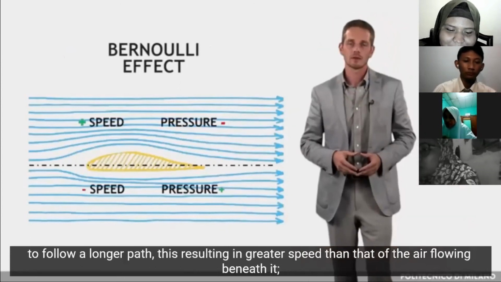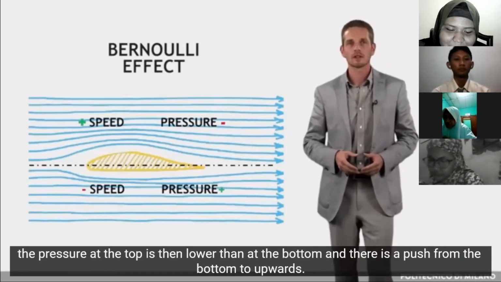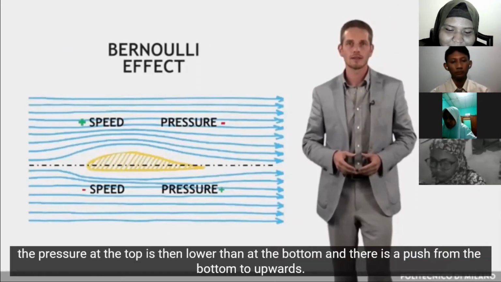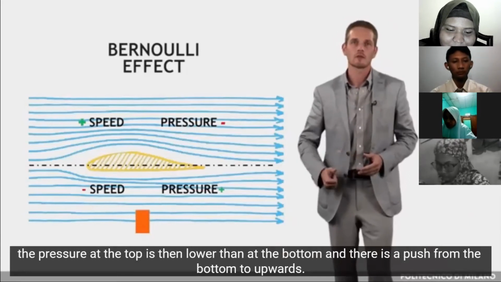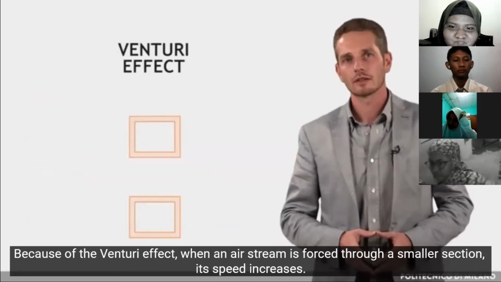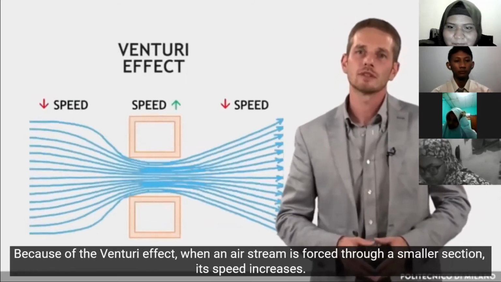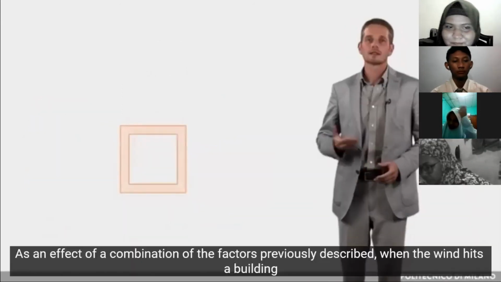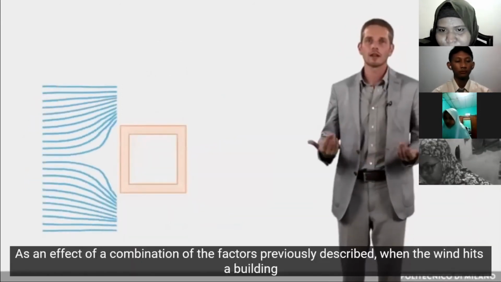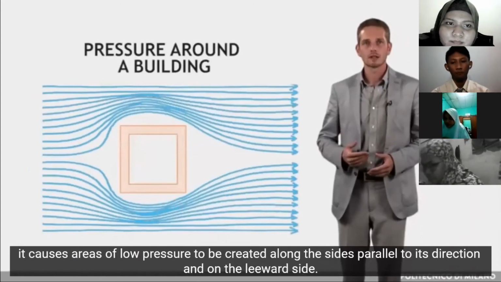This results in greater speed than that of the air flowing beneath it. The pressure at the top is then lower than at the bottom, and there is a push from the bottom upwards. Because of the Venturi effect, when an airstream is forced through a smaller section, its speed increases. As an effect of a combination of the factors previously described, when the wind hits a building, it causes an area